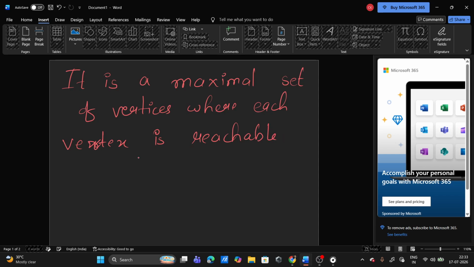Mind my spelling mistakes. Where each vertex is reachable from